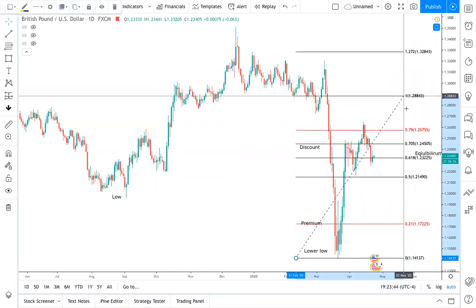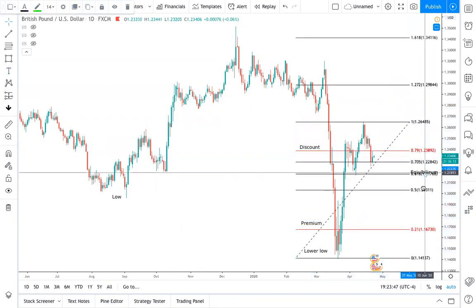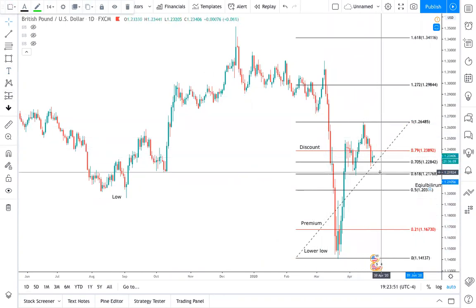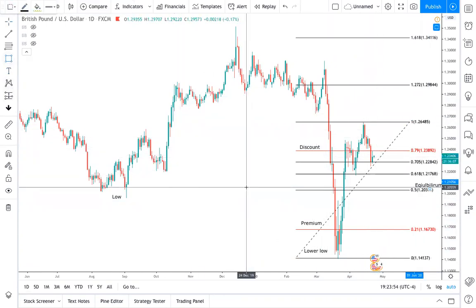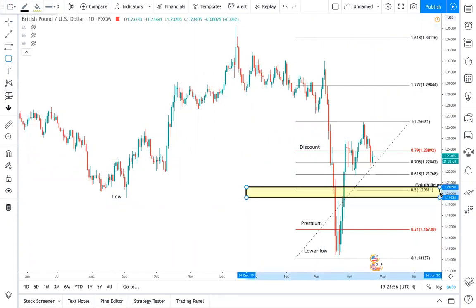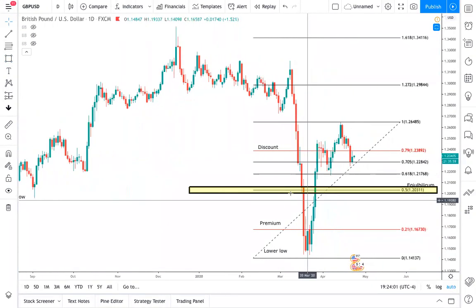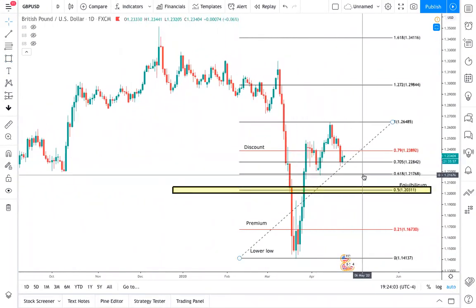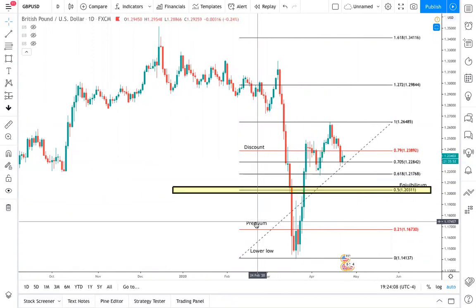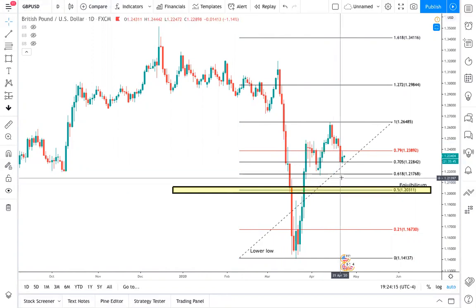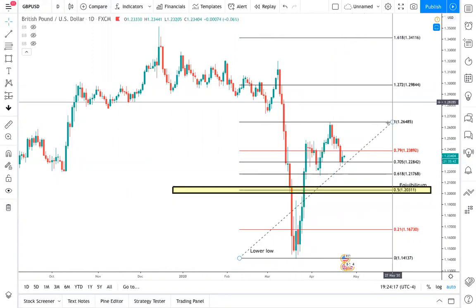But remember, the new swing is from here to there. So equilibrium is at the 50. From this swing high to the swing low, you have yet to come into equilibrium. Usually price always wants to come hit equilibrium. That's where price in the market is neither at a discount nor at a premium. All right. So when the market comes back down, what you want to see before it coming back up is